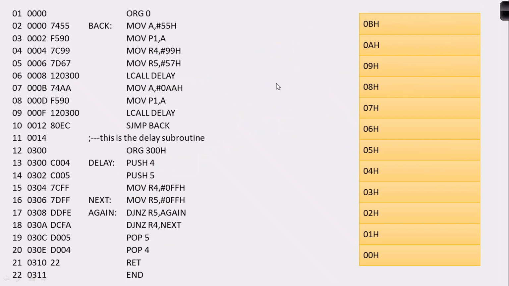Now let us look at these things. R4 has been called, so 99 has been loaded over here. Next R5 has been called, so 57 has been loaded. Now in this LCALL delay, MOV A will be used. If you look at the content, it is 000b.